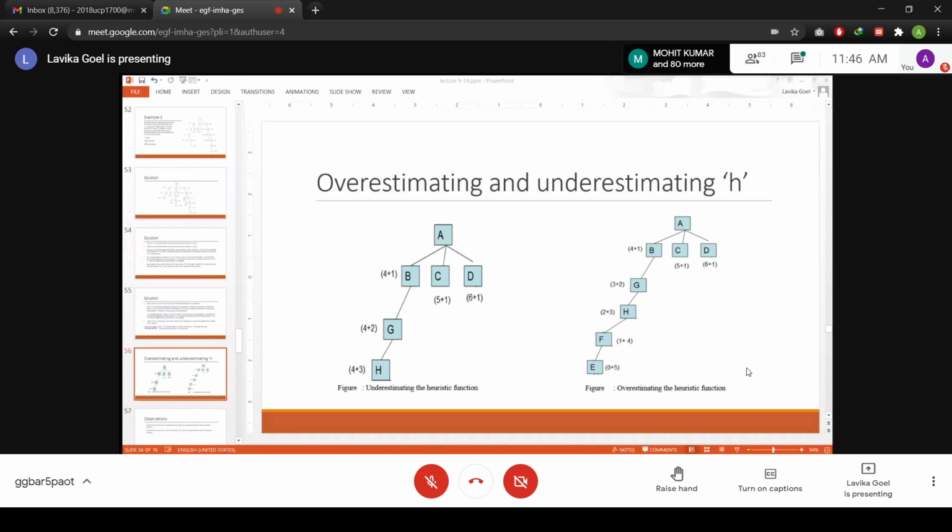So when you overestimate the heuristic values, you are not guaranteed to find the optimal solution, because the optimal solution might be existing on that path, but you will never choose that path because you have overestimated the heuristic value so high. So in this case, the total F value of D is 7. So that is why you will never follow this path through 7, and you will follow the path through the left hand side branch and reach the goal state via a longer path. So it is not an optimal path.